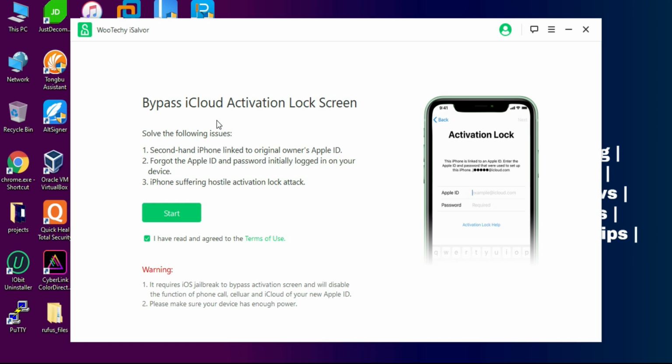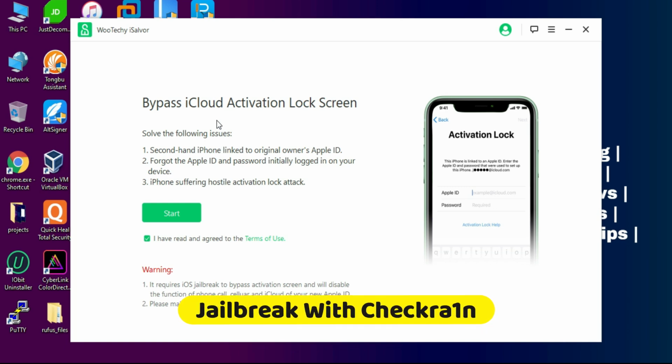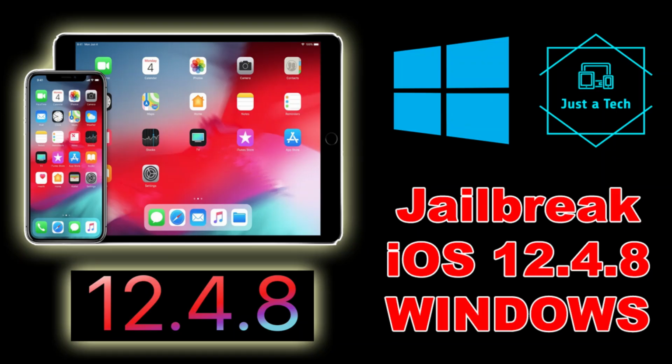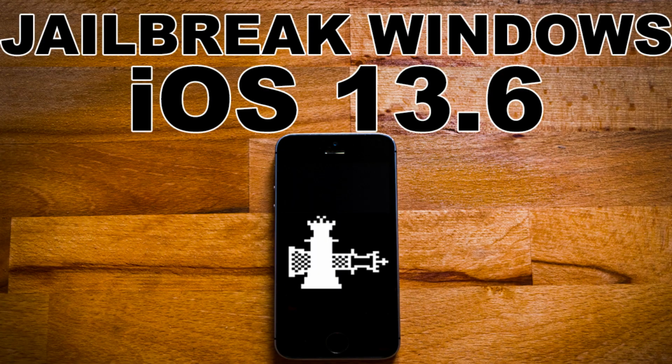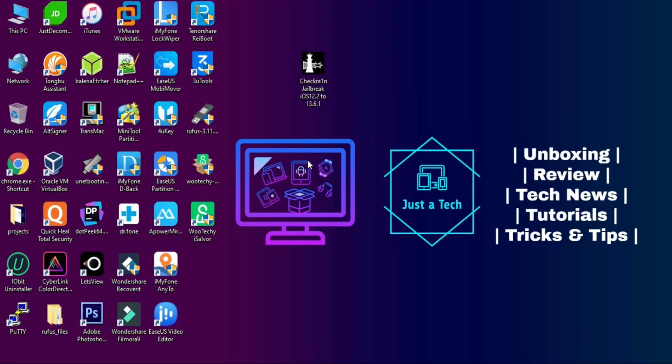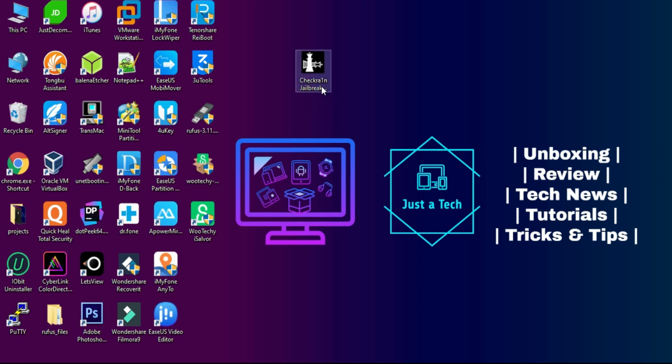So the first thing you have to do before bypass is to jailbreak your device with the Checkra1n jailbreak. So first we have to jailbreak our device and then we will move further to the bypass. And I've already made so many videos on Checkra1n jailbreak, like how to jailbreak your device on your Windows machine, Mac OS and Linux. So you can follow those videos. All video links are in description. So first we will jailbreak our device.